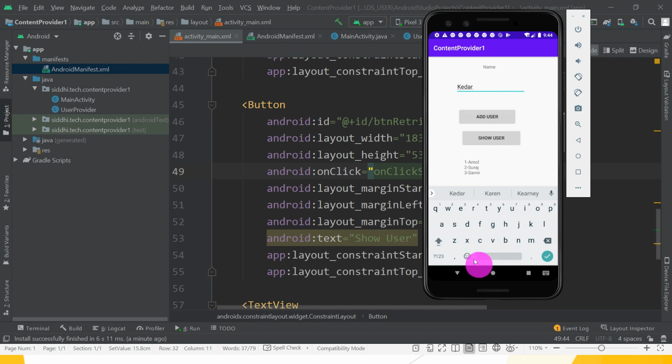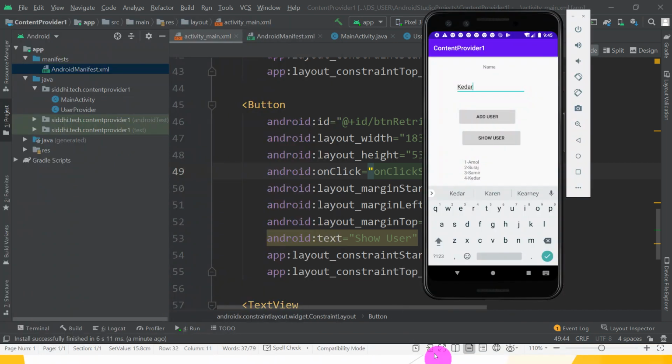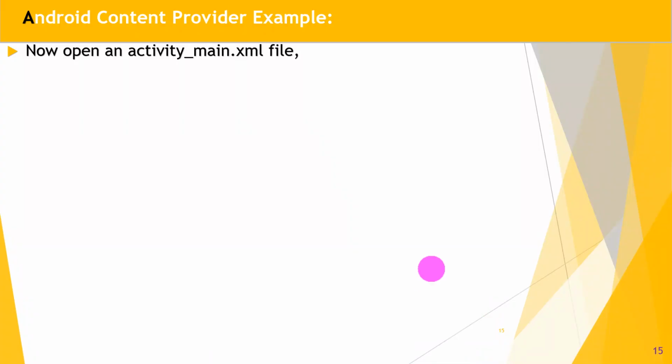A new record is added, that is, a pop-up message is shown. Then show users, so Kedar is shown. Great guys, hope you understand all this about content providers. If you have any doubts, let me know in the chat box. You can comment in the chat box.